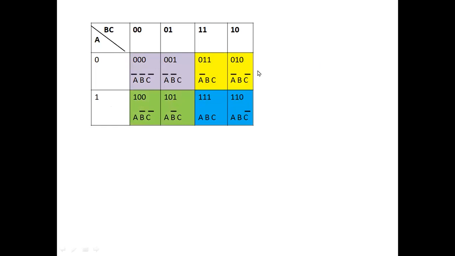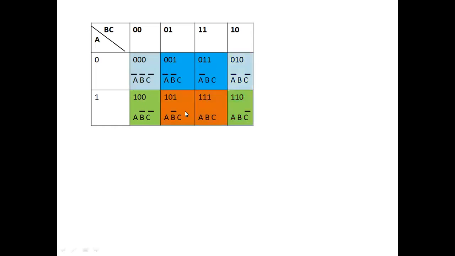If that is not possible, that means we have taken all possible combinations to make 4 cells grouping. If that is not possible, you have to take 2 cells common, 2 cells a group. So here in the single slide, I've marked everything. This can be one group, this can be one group, this is another group, this is another group. With an example, we see the solutions for all these things.